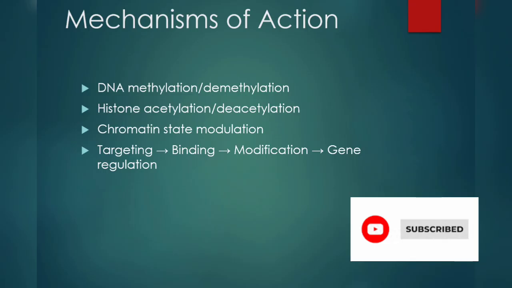See, all it is, if you want to remove the epigenetic mark or if you want to add the epigenetic mark, these are some of the mechanisms of how to do it, which helps us. Chromatin remodeling, chromatin state modulation या chromatin remodeling. So it changes the overall structure of DNA packaging. पूरा जो structure है उसको change कर देता है वो. In short, this process can be summarized as again targeting, then binding, then modification, and further gene regulation at the end. Okay, so that's how